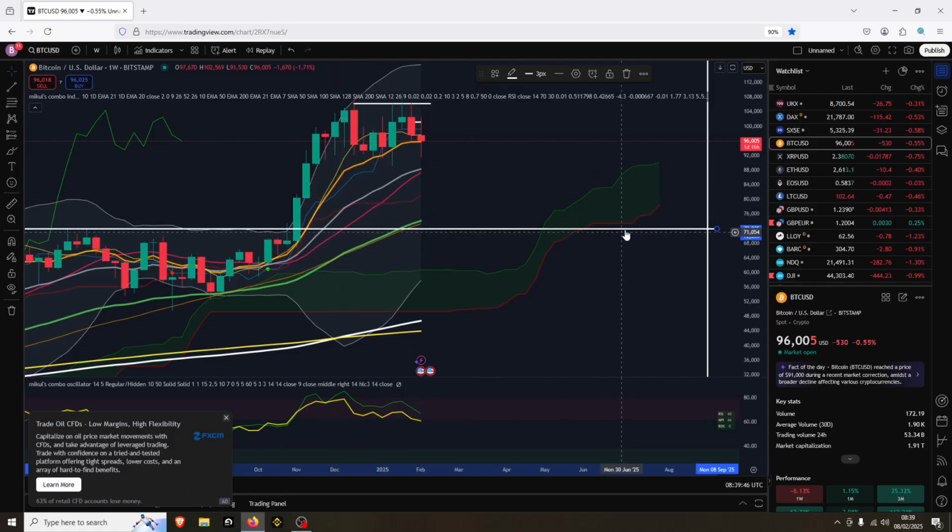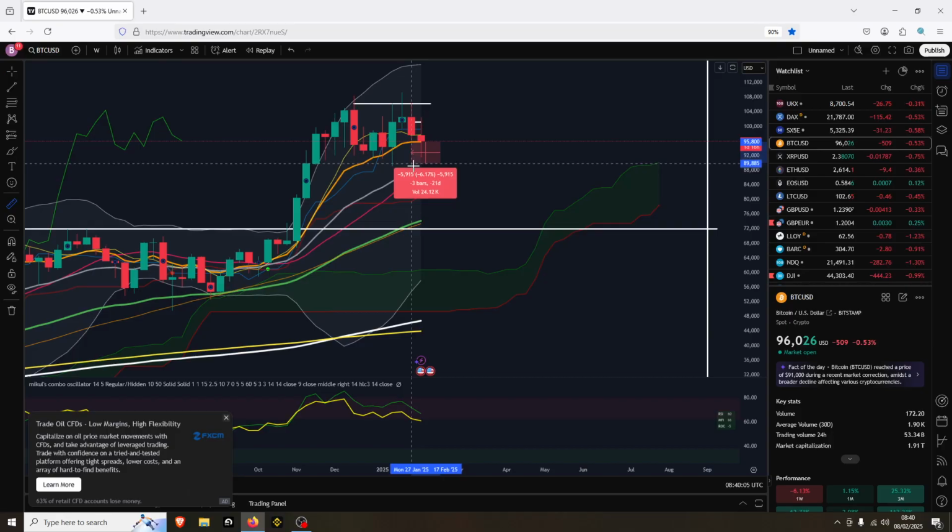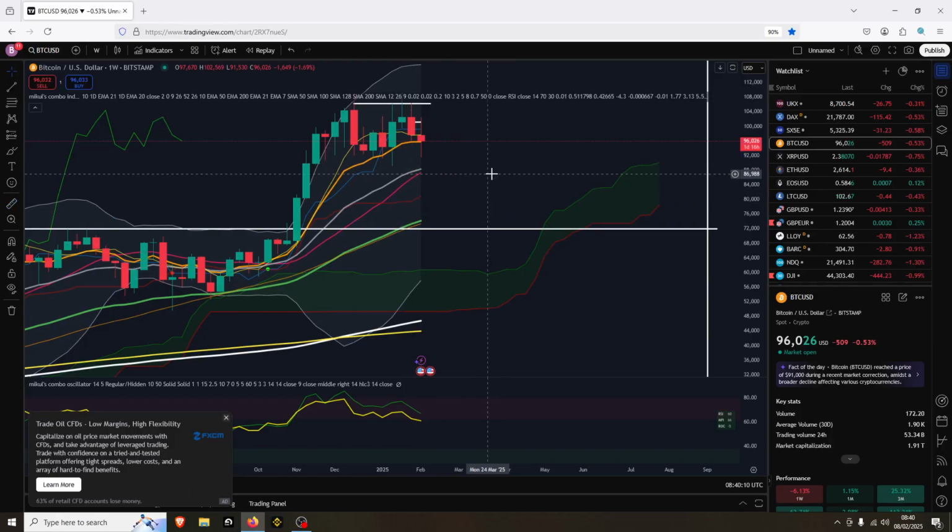We can't rule it out, but at the moment it seems to suggest that if you're counting on this area being hit and holding out for it, it might not. This is probably more realistic, even though it's quite a drop. And obviously we know what would happen to the altcoins if that were to happen. That's only an 8 or 9% move. You'd be looking for another 20% on altcoins at least.